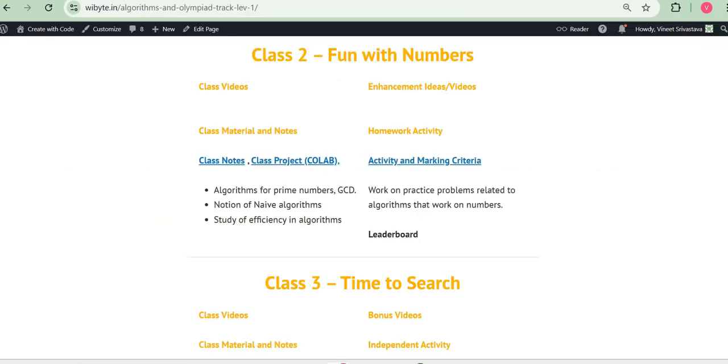To summarize, for every project, I anticipate at least one notebook, which is the class project. You can access it from here, and at least one notebook, which is the homework or the marking criteria. To go along with this are the class notes, and in future we'll provide you videos for the class material, as well as the enhancement idea. This way everything is connected, and I think it's a fairly scalable, robust infrastructure with which we can